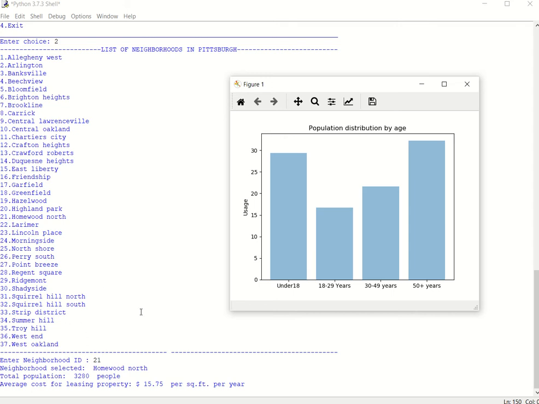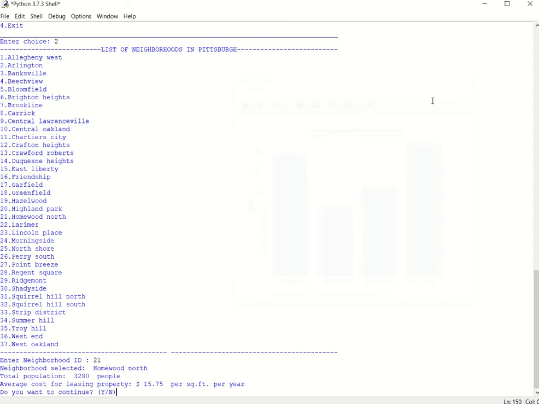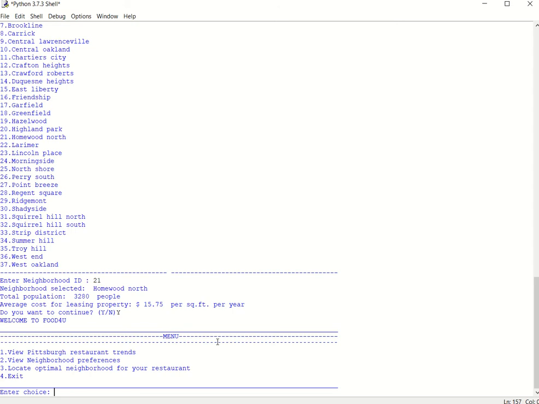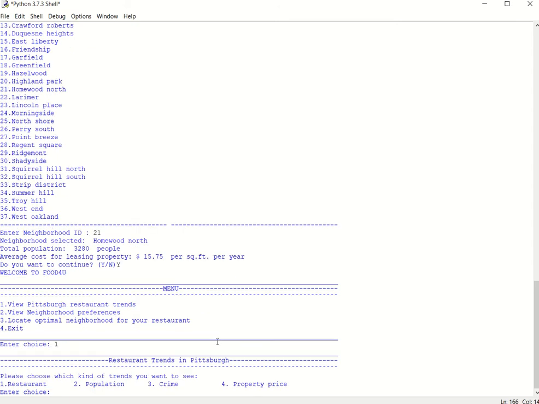But that's what option number 2 gives, and we can pick any of the other options and look at their neighborhood characteristics interactively. Cool. Now we want to continue. I'd like to show another actual trend by going back to number 1 because I think it's really nice to